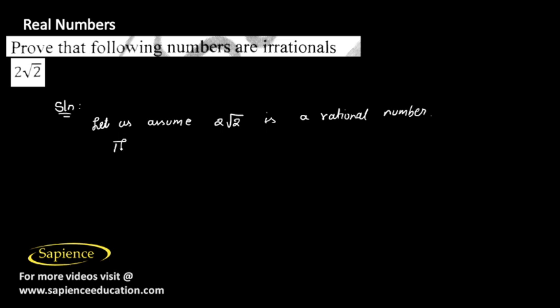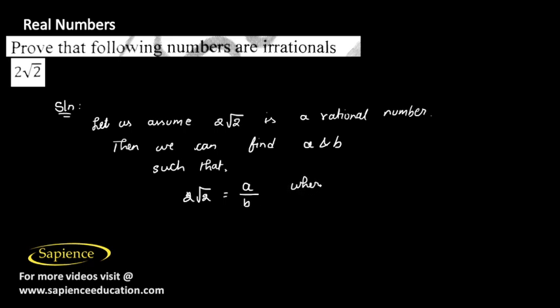Then we can find a and b such that 2 root 2 is equal to a by b,